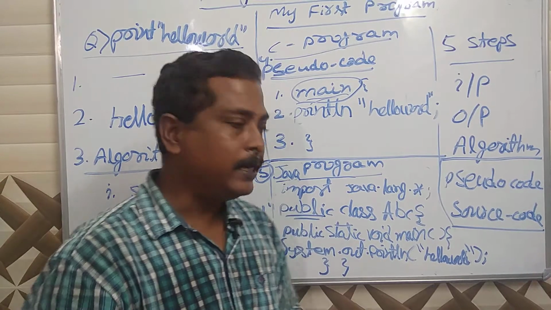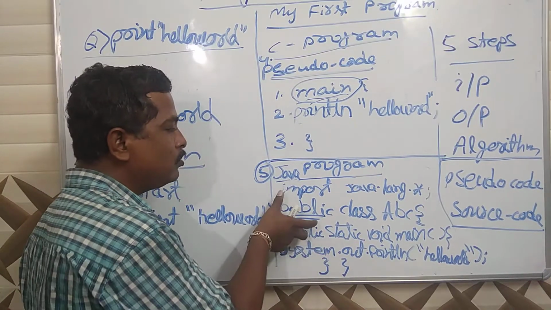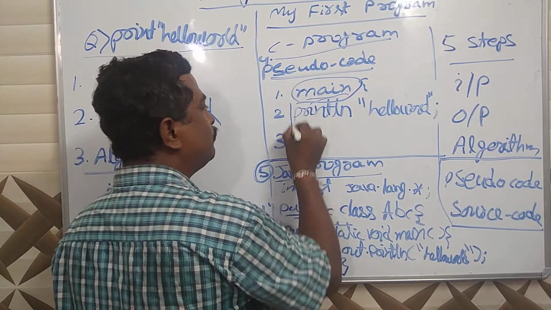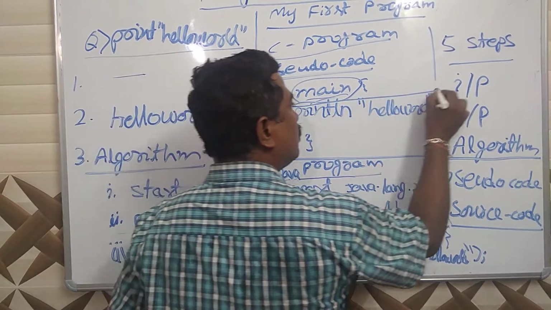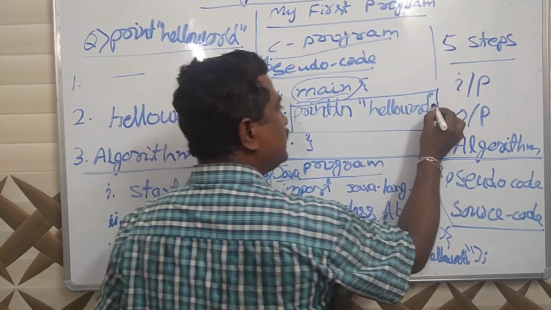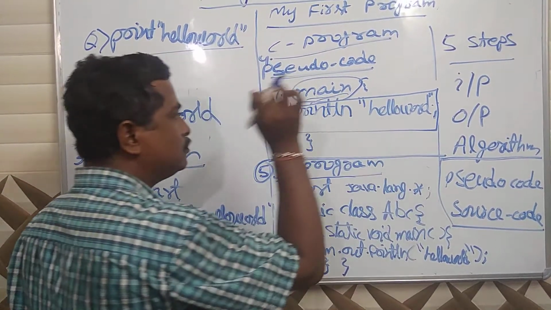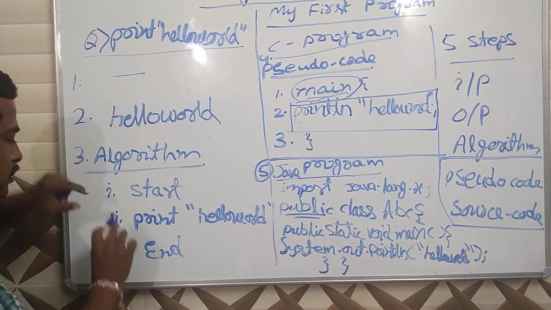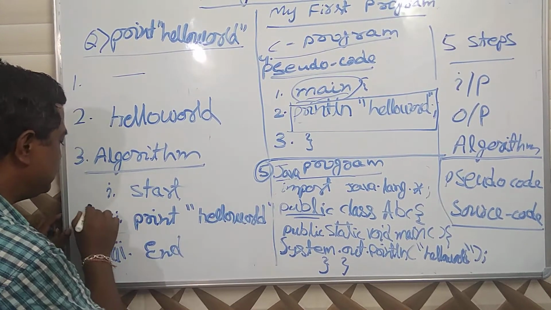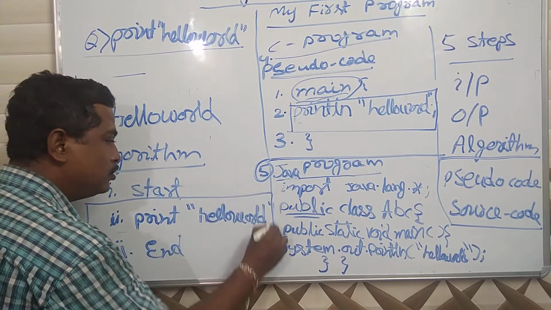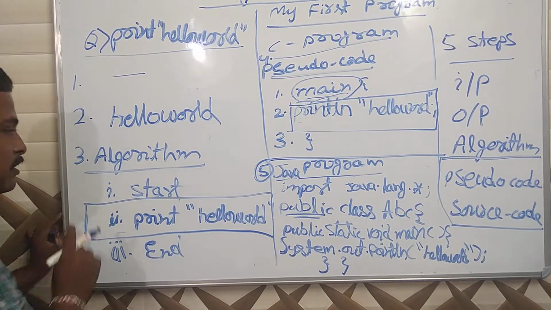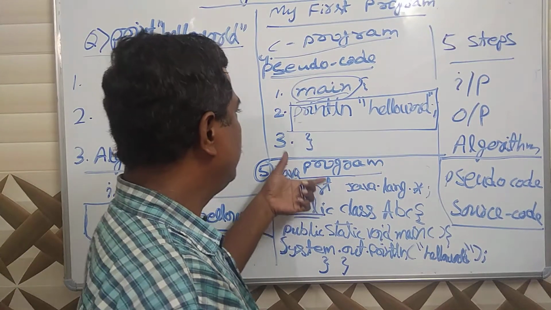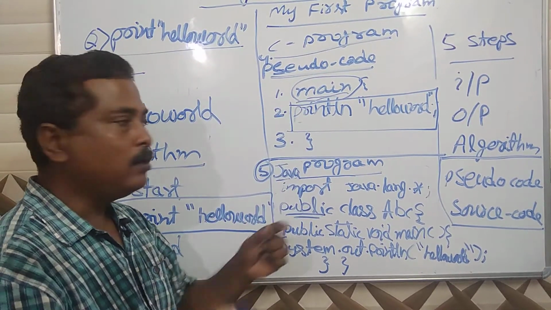So as a beginner, don't enter into the formats of the language, enter into the body of the program or logic of the program. The logic lies in the body of the program. Okay, start and end part, this start and end part you leave it, just go for the body of the program. This is the body of the program. So this is the simplest algorithm I have discussed in 3 languages, where I have printed a word, hello world.